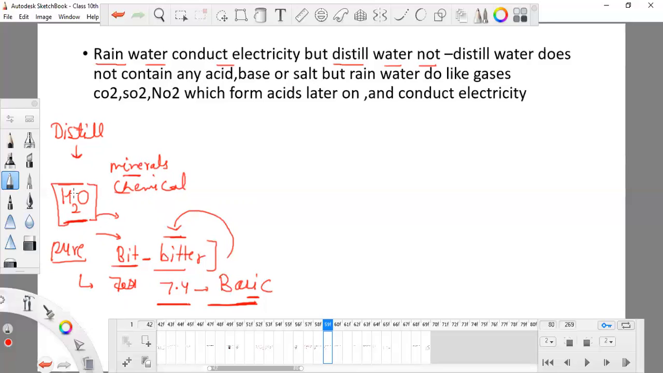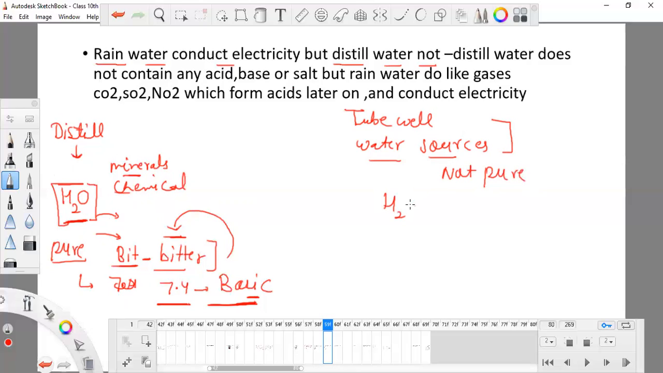In general, water which we take directly from water sources, or from our tube well or other water sources like tap water, is not pure. It is not pure water, because many other impurities are added to it. Impurities means there are several minerals and several other chemicals. That's why this water is not pure and it tastes different,